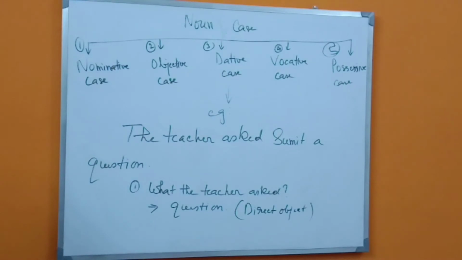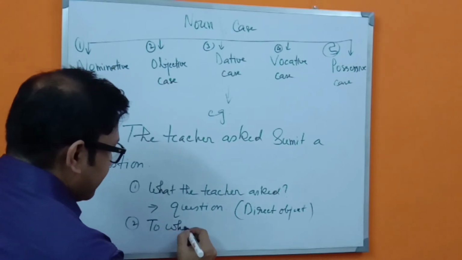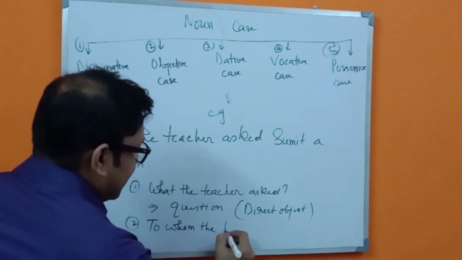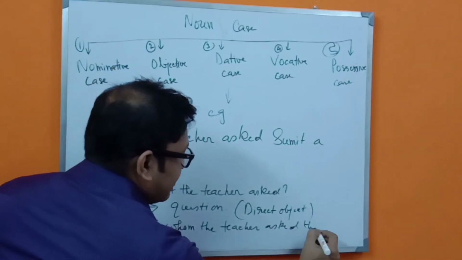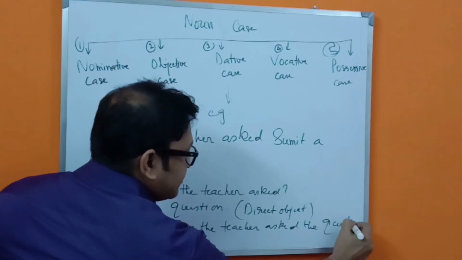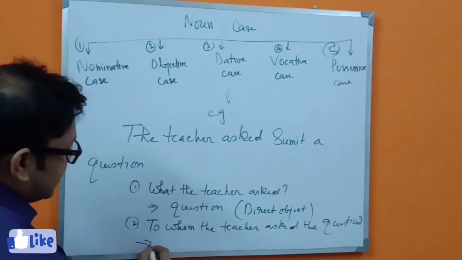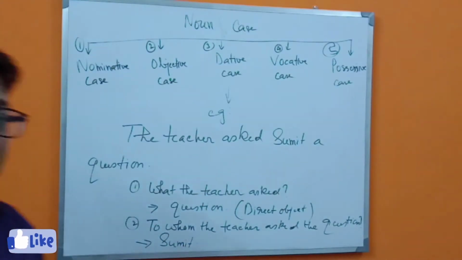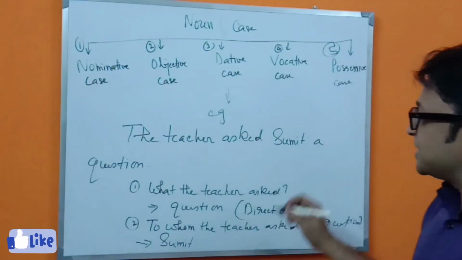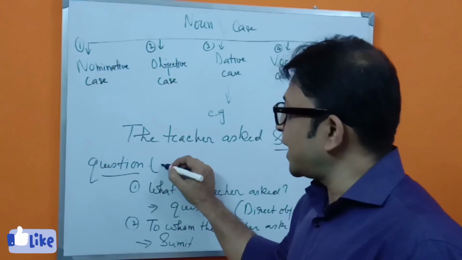But to whom the teacher asked? In the second question, to whom the teacher asked the question, then what answer you are getting? That is Sumit. So this is our second object. You have to remember, this is our second object. This is the first one. So this one is direct object,